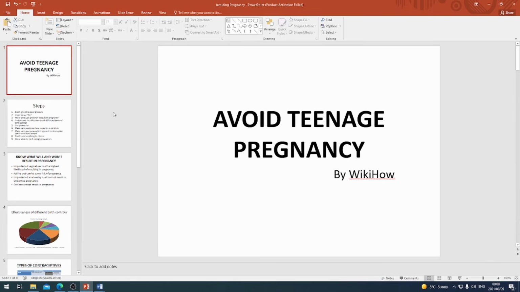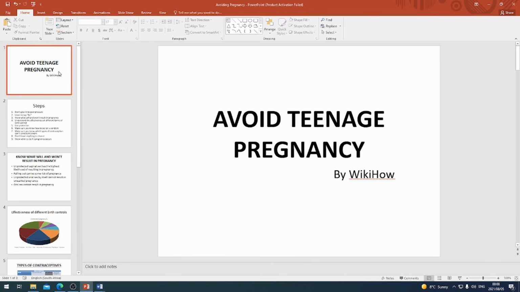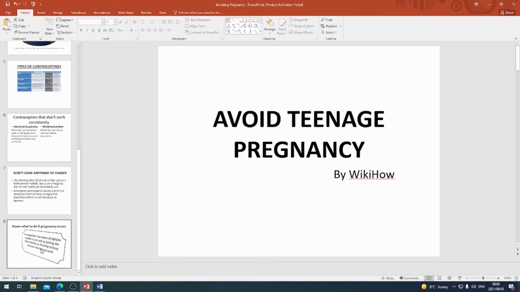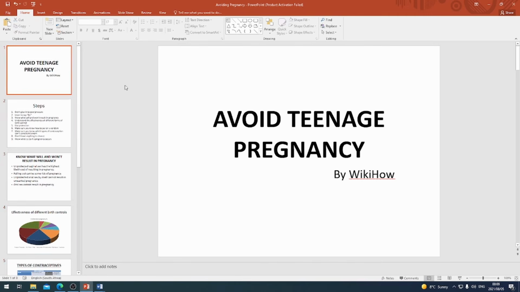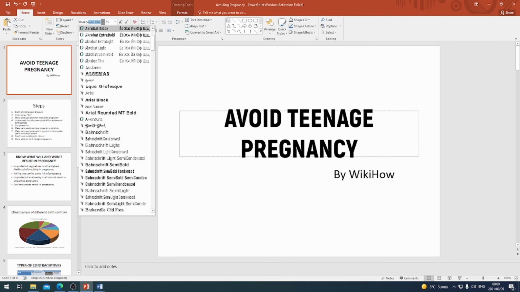So the easiest way to do this would be to say Control A on your keyboard, or you can go and click on the first slide, go to the end, hold in Shift, click on the last slide. It will select all of them. That's not going to work as well. So we need to change the font of everything to basketball. If we can find basketball the first time,